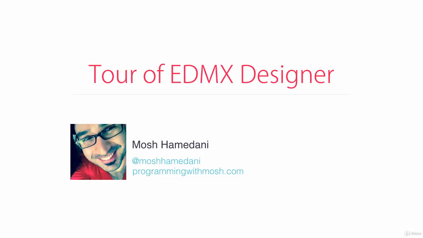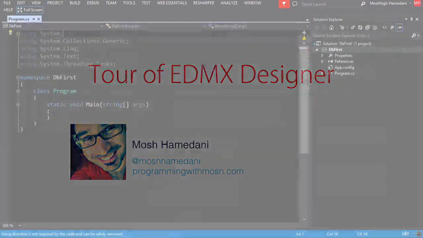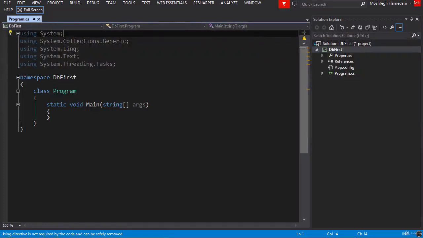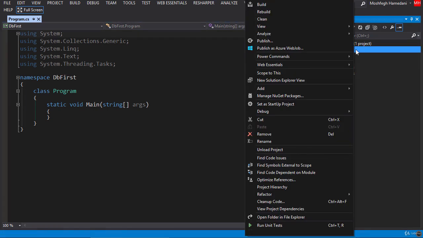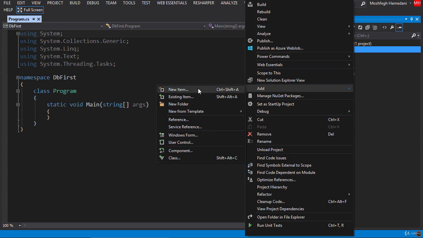So we have a database ready. Now it's time to bring it into our entity data model. So here in Visual Studio, I have a simple console application. Let's create a new entity data model. So right click, add, new item,